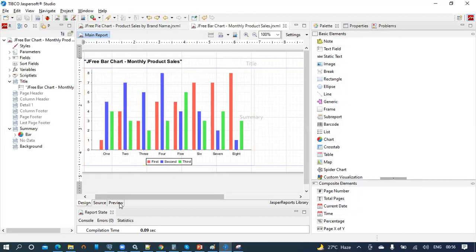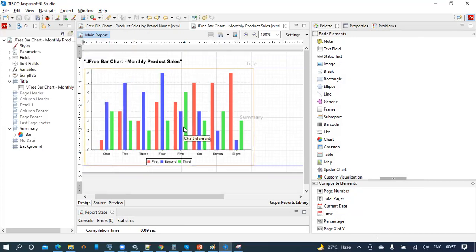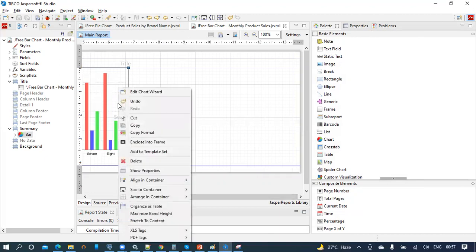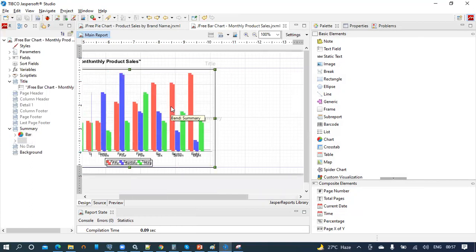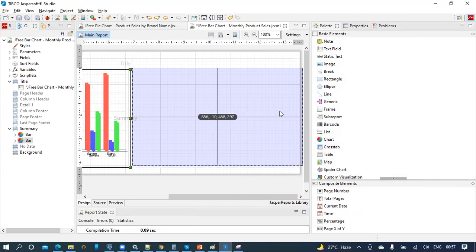And now if we closely look at this visualization, the month names are not readable. And what if we want to get the values on each bar? So for that we are going to apply advanced properties from the chart plot section. So I am going to take a replica of the same chart here just beside the first one, and I am going to apply the advanced properties on this.